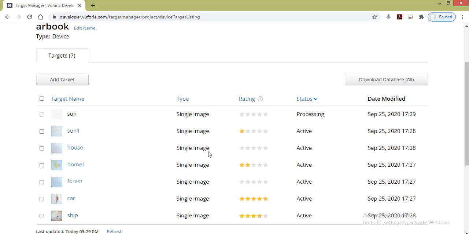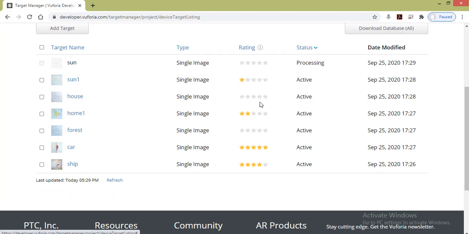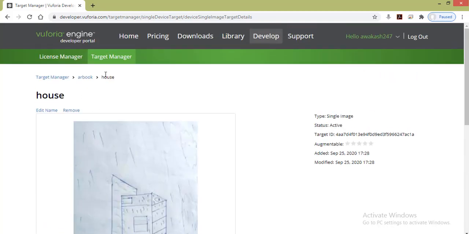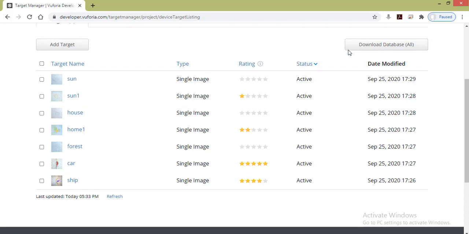Now you will see I added all of those images, and the sun image, which I created with a sketch pen, has been given a 1 rating. The house which I created with a ball pen again has a 0 rating. The home which I made with a sketch pen has a 2 rating.